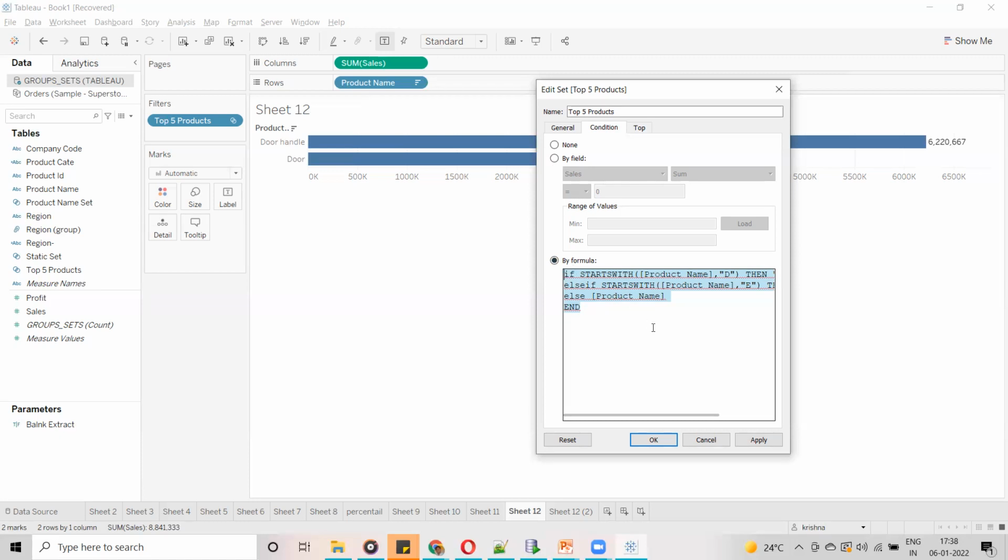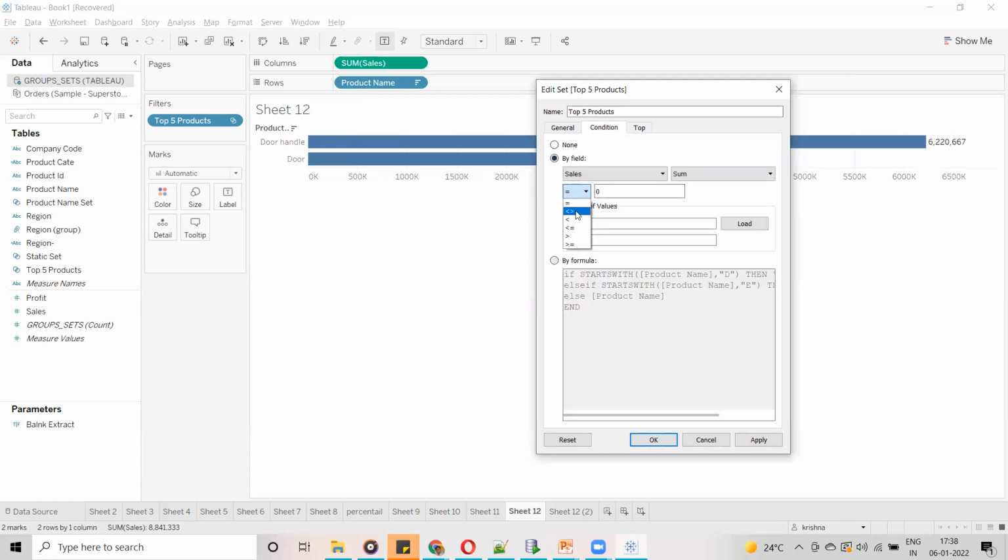Now the case also, guys. Earlier, the customer wanted to see the sales, and he has given some limit like 1 crore or something. So out of, below 1 crore, what are the top 5 products he wants to see? In this case, you can use the formula we have written there, or else directly you can use by field, sum of sales.